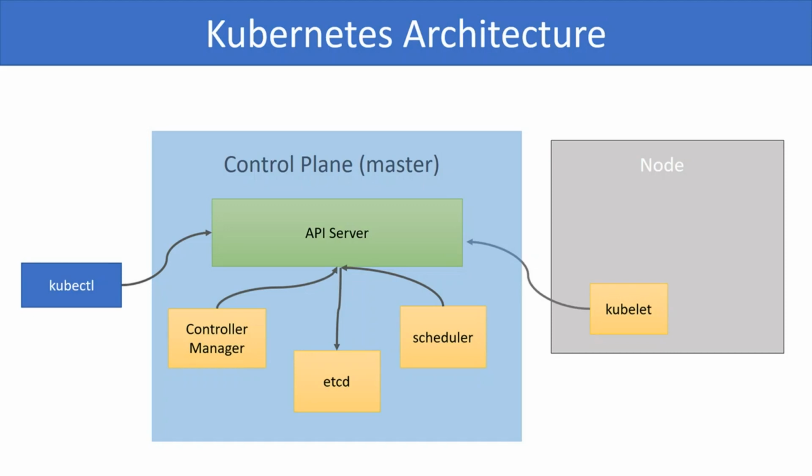The next component is the container runtime. The nodes run a container runtime that is responsible for downloading images and running containers. This container runtime implements a container runtime interface or CRI that specifies requirements for a container runtime to integrate with kubelet. The most widely known container runtime is Docker. However, the container runtime interface supports interchangeable container runtimes.